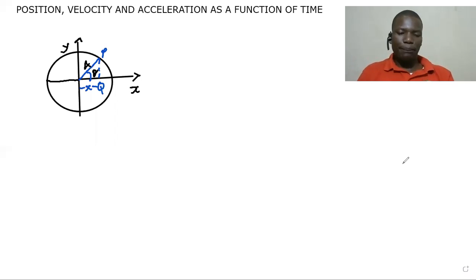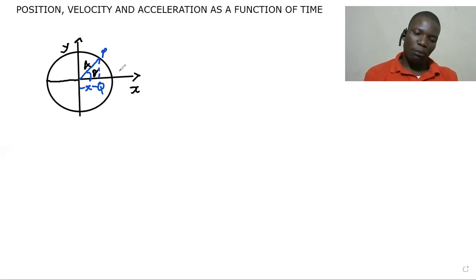So we have this reference circle that we call reference circle, because when you are talking of simple harmonic motion, you have to incorporate simple harmonic motion or relate simple harmonic motion to circular motion as well. So we have this as our reference circle. So if an object or particle is moving, or a vibration from this point here, where theta is equal to 0, moves off from point Q to point P here,